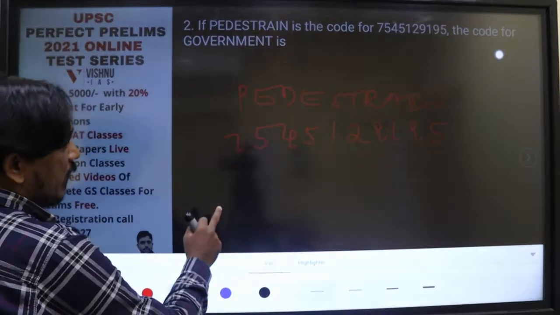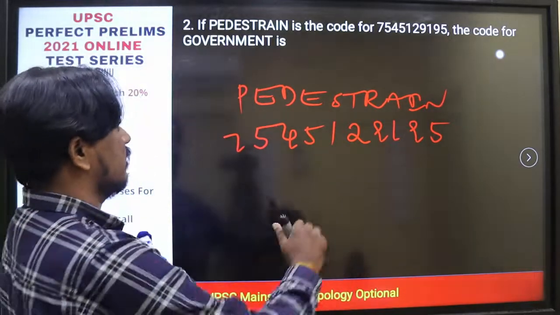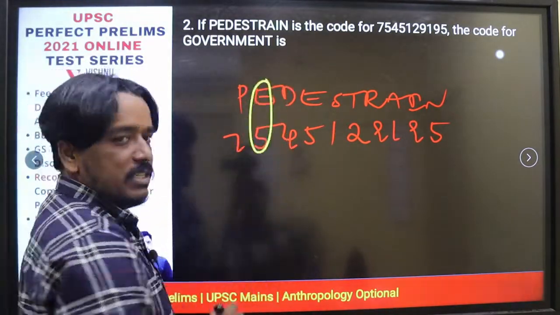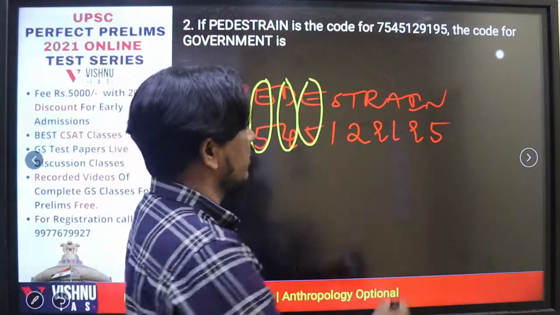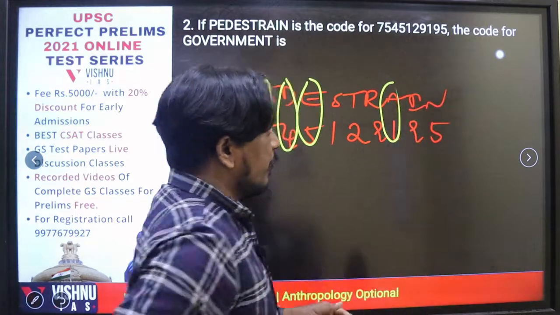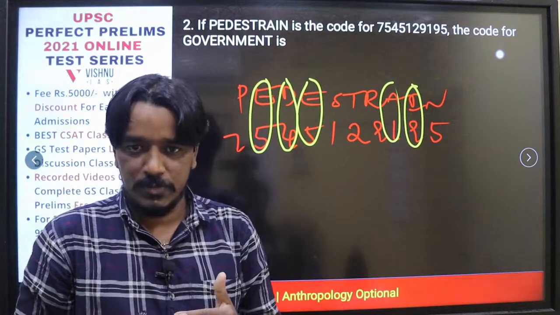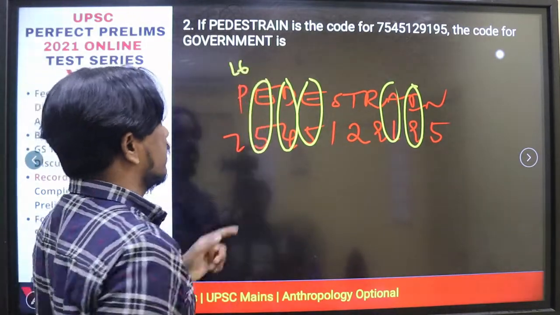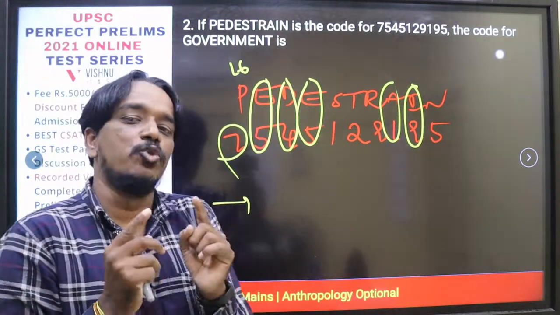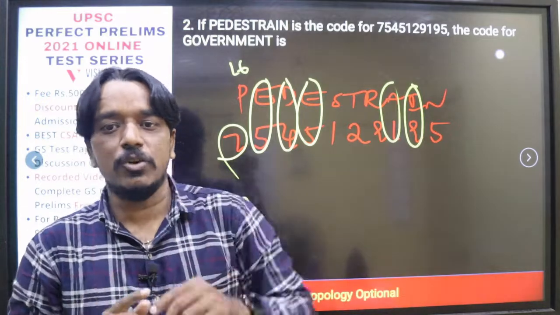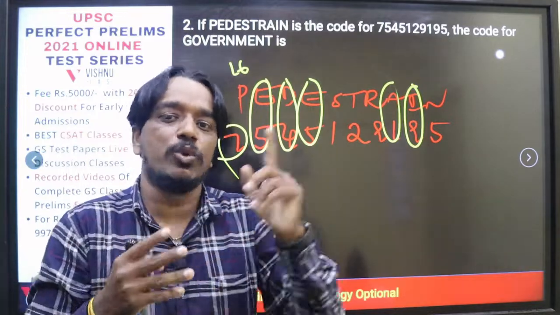Whenever we have numbers like this, all these numbers are related to the alphabetical sequence. We have to understand that first. Clear? If you observe, E is 5 as it is there. D is 4 is also there, E is 5 is there. In some places it is changing, like A is 1, but sometimes they can apply digit logics also. For example, P is 16, 6 plus 1 is 7. So the examiner's intention is always to take the code in a single digit. Wherever we are getting more than 9, meaning 2 digits, we have to add them to get the single digit.